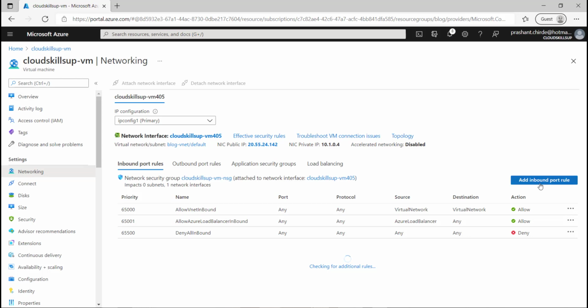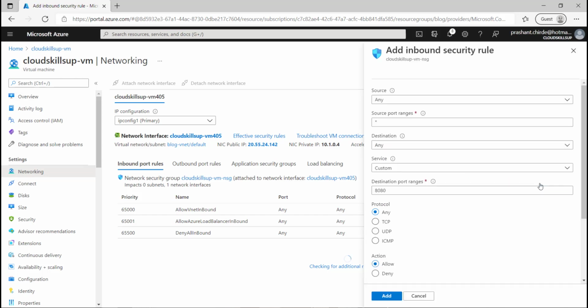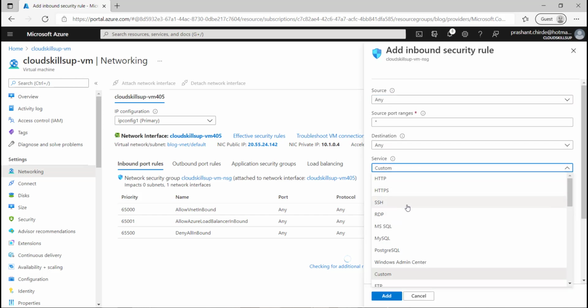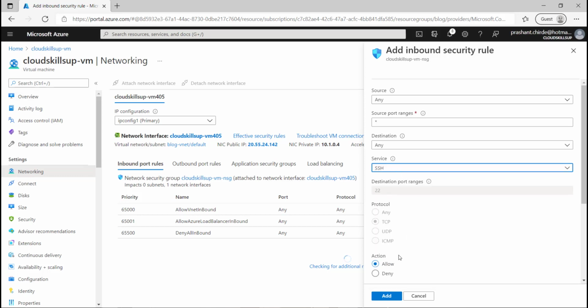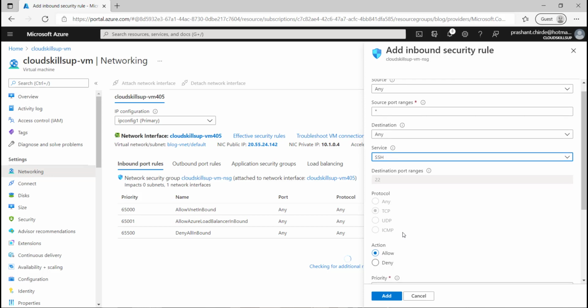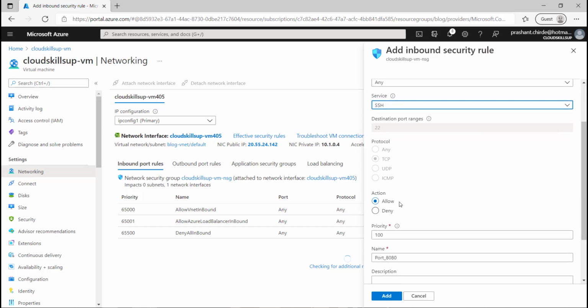Here you will get the option to add the inbound port rule. Just click here, and you have to specify which service you want to enable. So I just click SSH, and by default it takes the port number. The action should be allow, not deny, because we need to connect here.